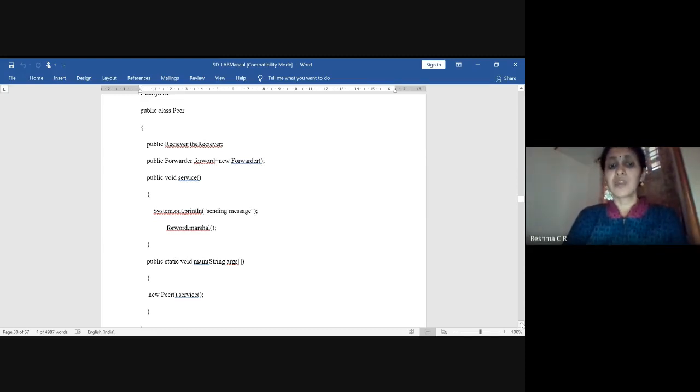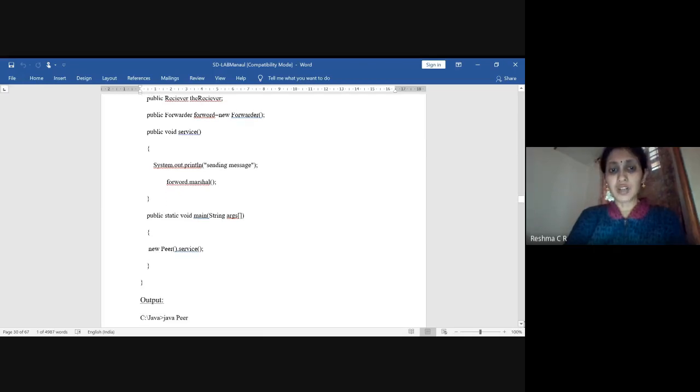Then, by using the forwarder, whatever messages have to be sent will be marshaled. After that, in the main method, we need to run the service. This service has to be invoked by using the peer class, so we create an object for the peer class using new Peer.